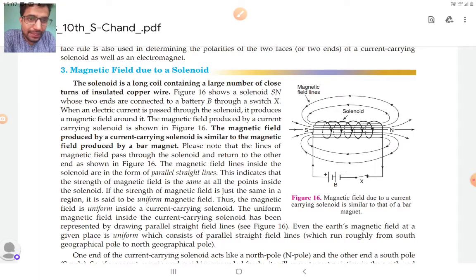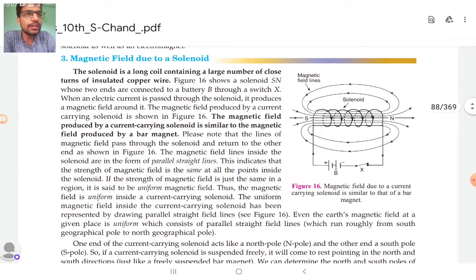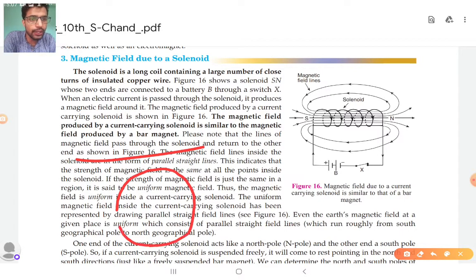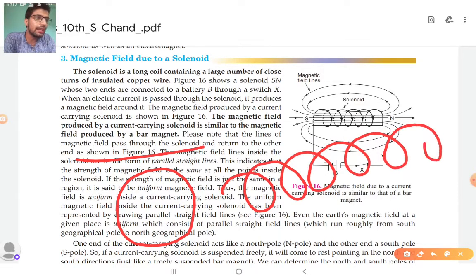ठीक है, इसका मतलब क्या है? Suppose that you have a straight wire in the first case. In the second case we discussed a circular wire. Now we are saying make a number of circular turns in the wire, ठीक है, like this: 1 turn, 2 turns, 3 turns, a number of circular turns we made in a wire. This shape is called a solenoid. Since there are a number of circular turns, it means that we are multiplying the current. It will produce more magnetic field compared to one circle. That's why we made a solenoid.